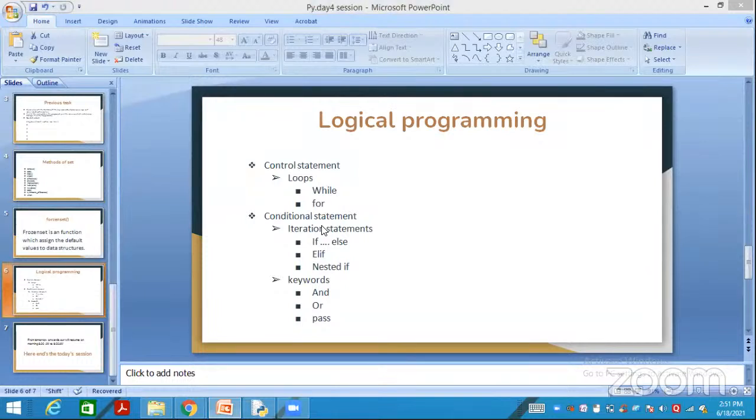Basic things means controlling and conditional statements. We are having control statements, loops, conditional statements, iteration statements, and keywords. By using iteration statements, we can control the entire program without having any data escape. Simply,